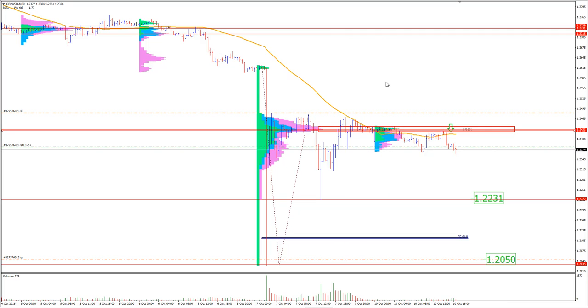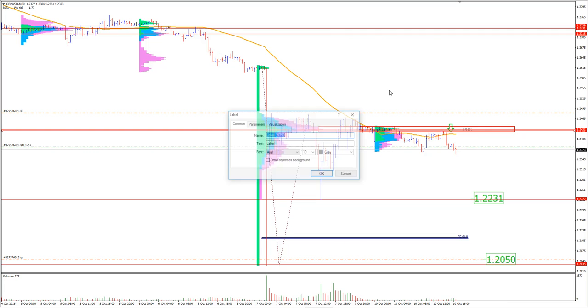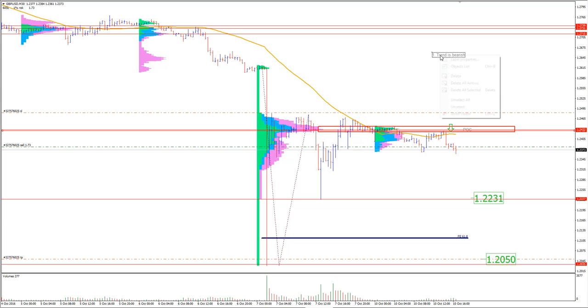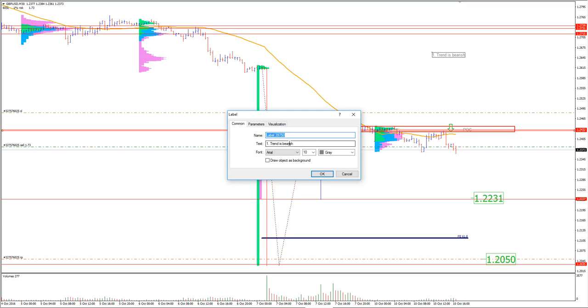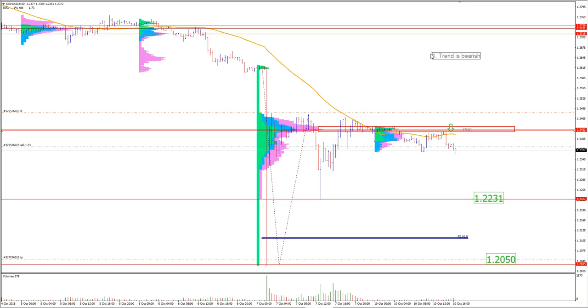So now I will write the points here. We have the first point, the trend is bearish, right? So I will not watch for buying opportunities as long as the trend is bearish. I will not watch. Okay, so first, the trend is bearish. The second thing,